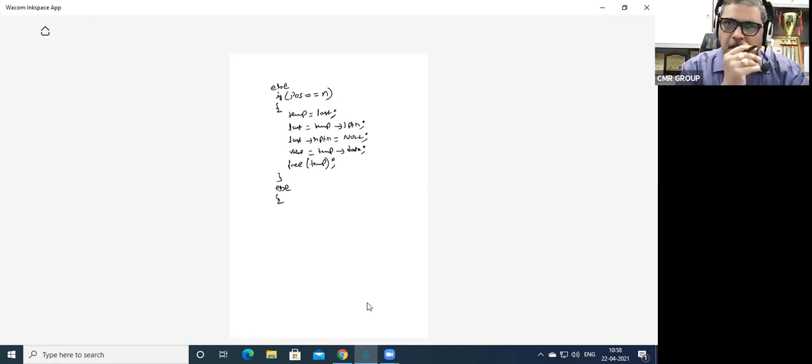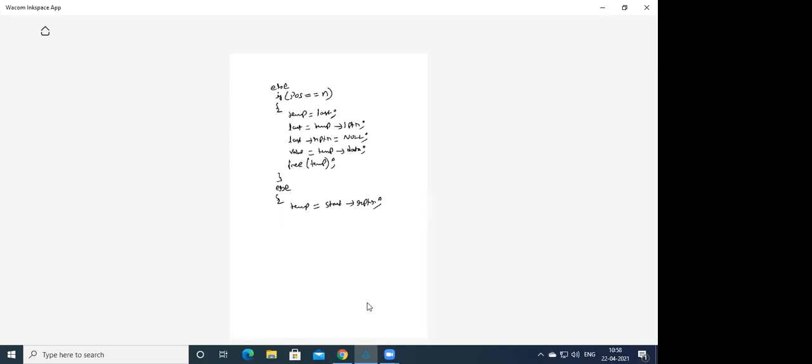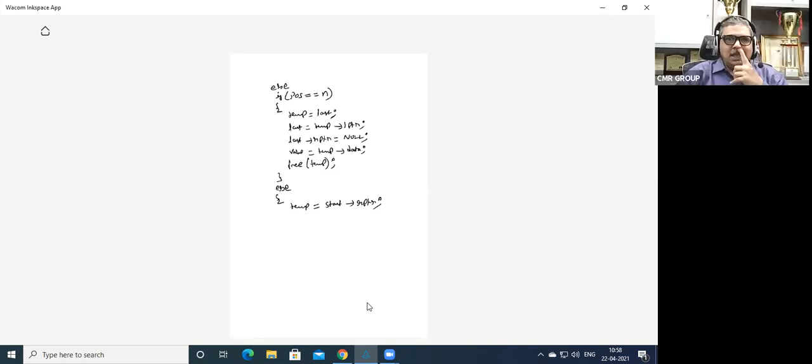In the in-between node, what are we going to do? We have to first initialize temp. I'll initialize it as start arrow RPTR. Where is your temp starting now? Is it the first node or second node? If temp is equal to start, it is the first node. If temp is equal to start arrow RPTR, it is starting from the second node. And I is initialized as 2.